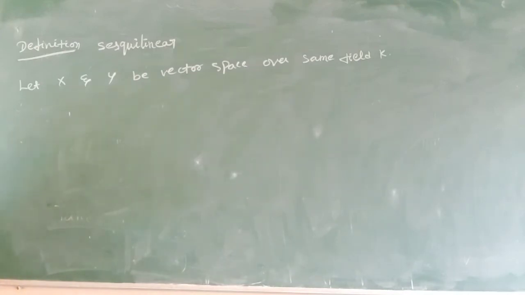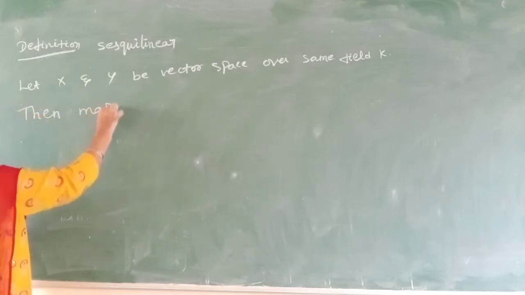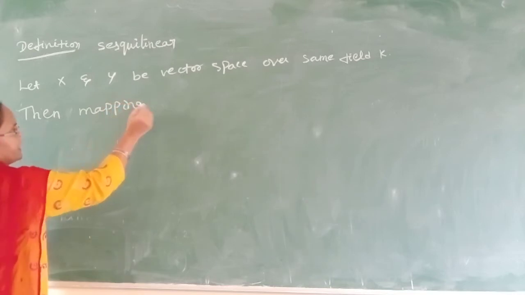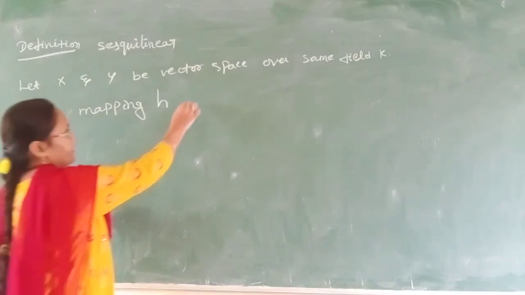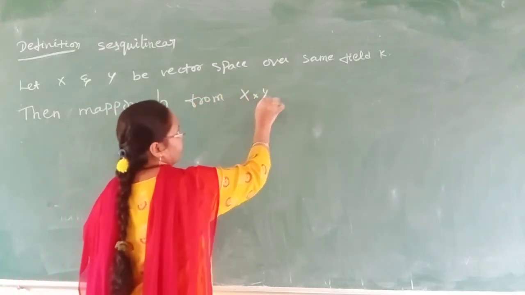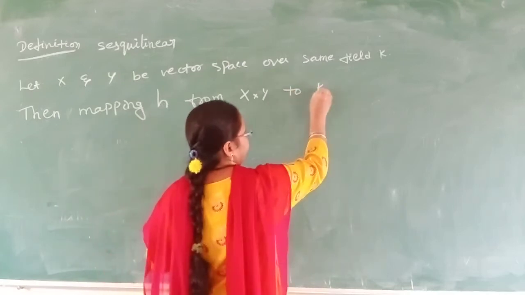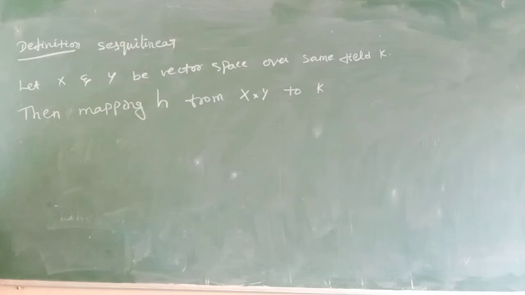Here sesquilinear is denoted with H. Then the mapping H from X cross Y to field K, X into Y to K, is called a sesquilinear form